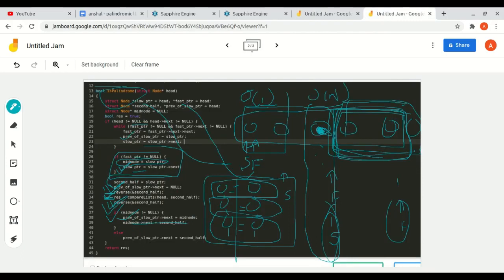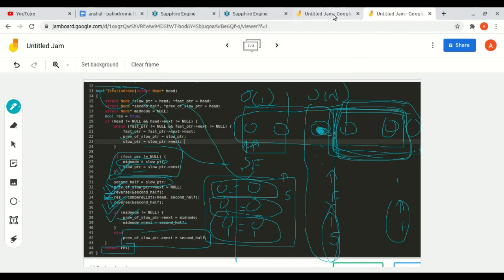It's just to make the code easy, and the else condition is for even, and at the end we have just written what is our result after comparing the linked list.